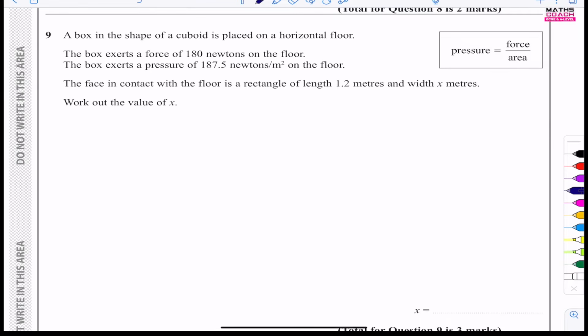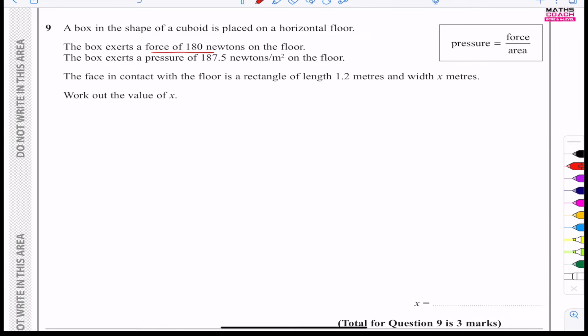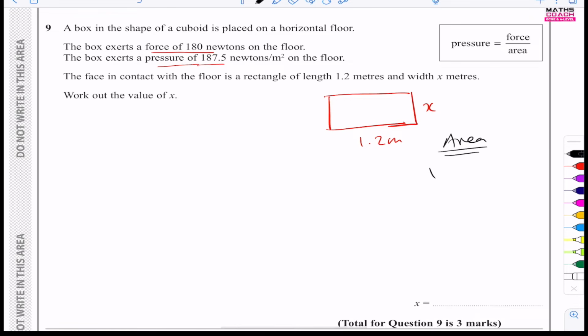Question 9. A box in the shape of a cuboid is placed on a horizontal floor. The box exerts a force of 80 newtons on the floor. The box exerts a pressure of 187.5 newtons on the floor. The face in contact with the floor is a rectangle of 1.2 meters and x meters width. Work out the value of x. So the area of this rectangle, 1.2 meters, and x is the width. To calculate the area of this face is going to be 1.2 times x, which is simplified as